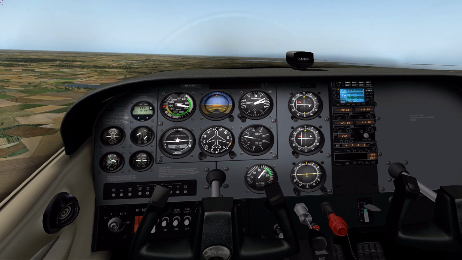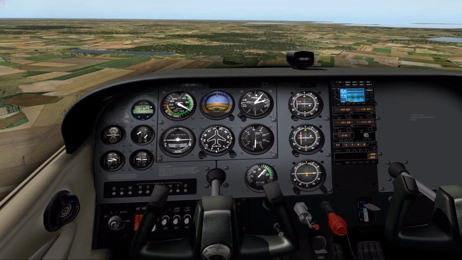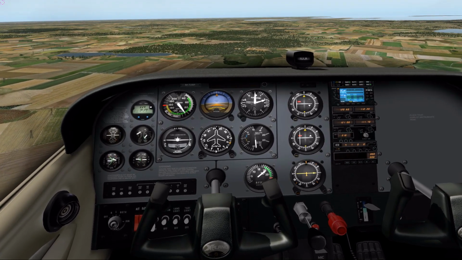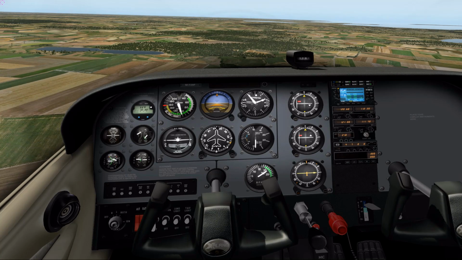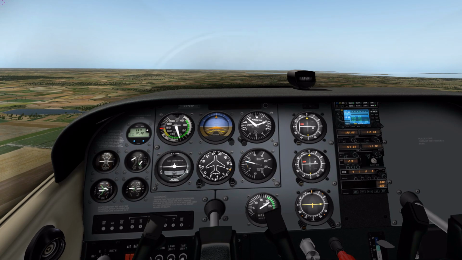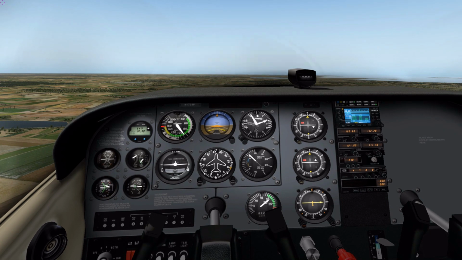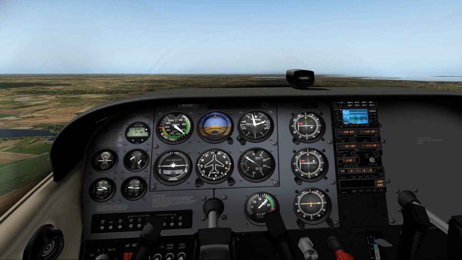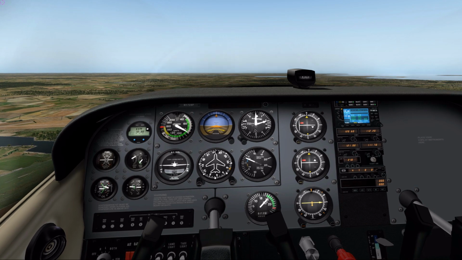And now let's try this test again. As you can see, now the airplane responds much more rapidly. Let's increase the airspeed to about 100. Very good. And now lift the nose up again and try to get the horizon in the middle of the compass, and try to keep it here. If the nose drops, then raise the nose and try to keep the horizon in the middle of the